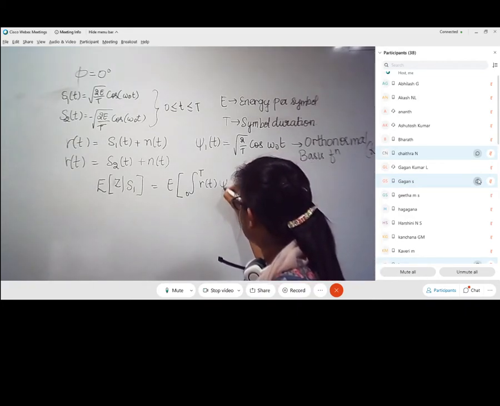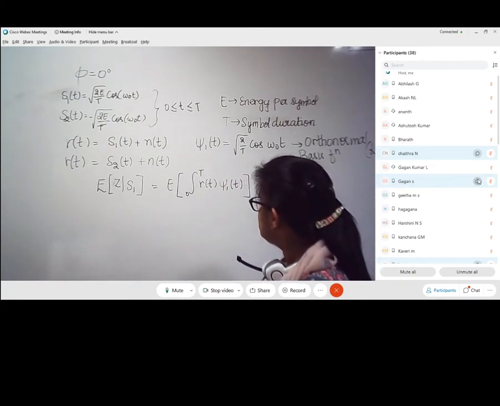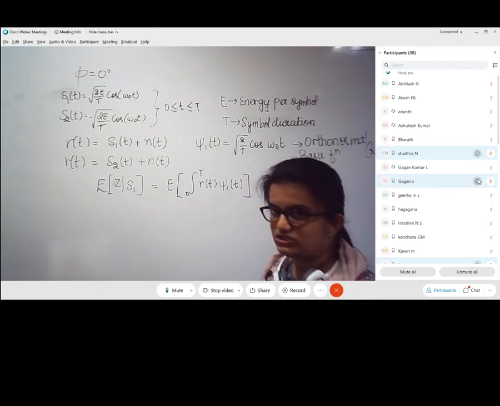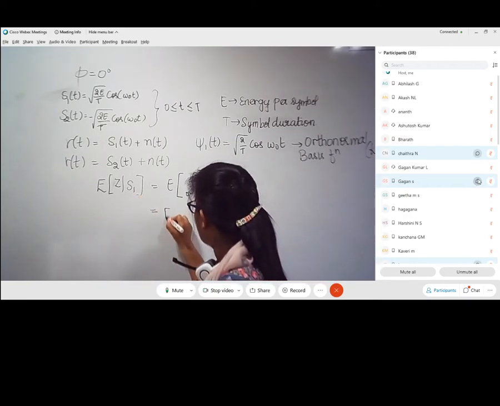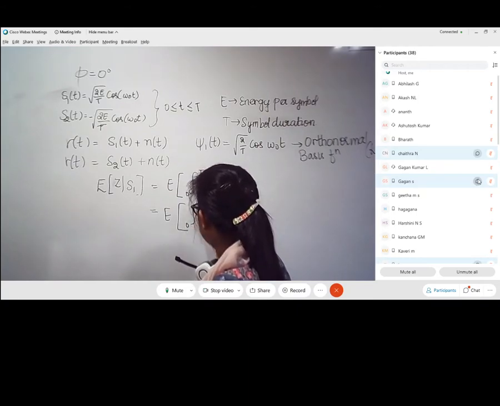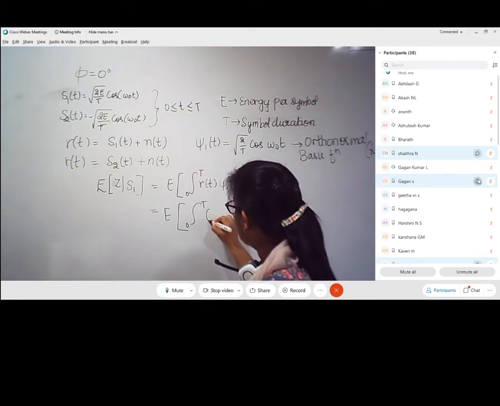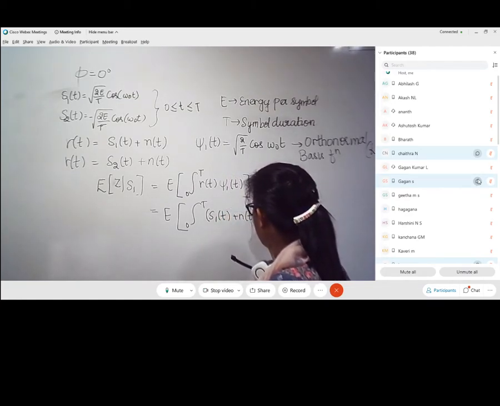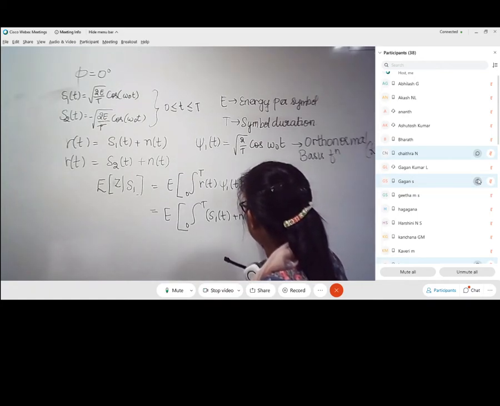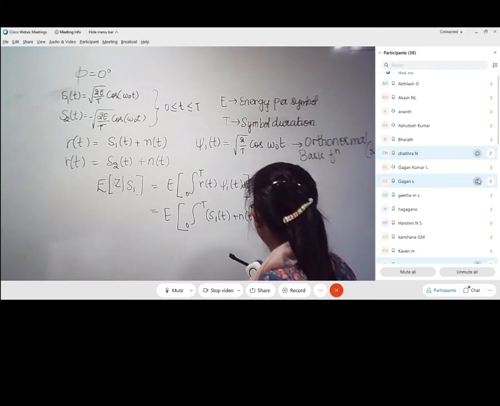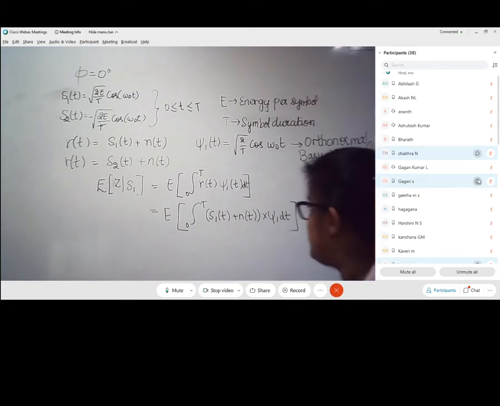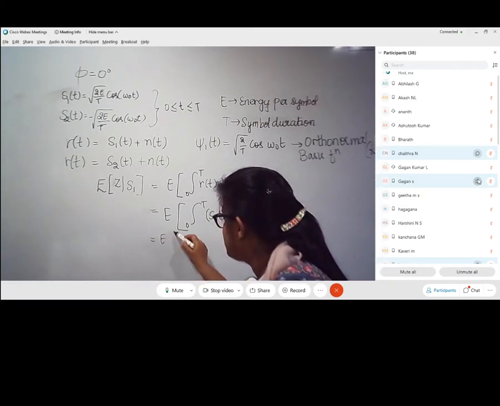So I am going to compare this R of t with xi1 of t. Here there are two possibilities. Since there is a single basis function, assume that S1 was transmitted. In that case, R of t will involve S1 of t plus N of t. I am going to multiply this term with xi1 of t, with dt, and integrate. I need to do this process. I hope you can see now. Yes, how to do this process? Let us find the expected value here.